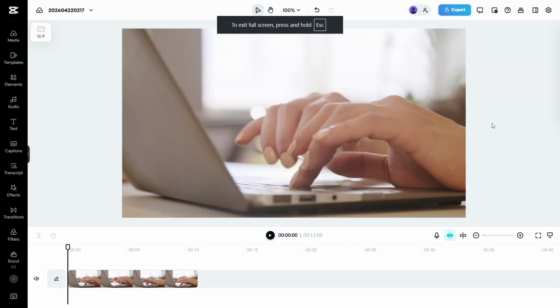In today's video, I'm going to teach you how to add a watermark in CapCut on PC. First, make sure you already have your video open in the CapCut editor on your computer. Once your project is loaded and you can see your clip on the timeline, look over to the toolbar on